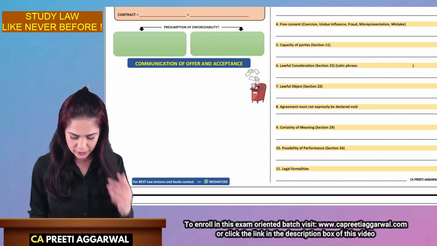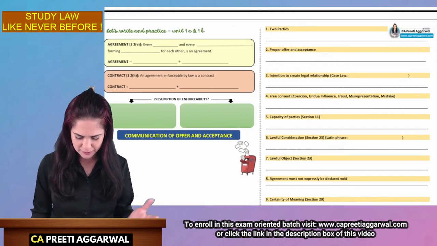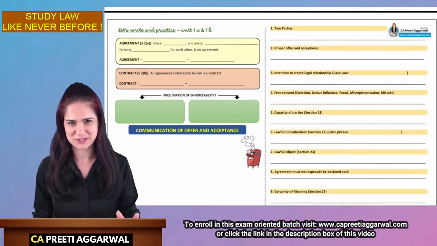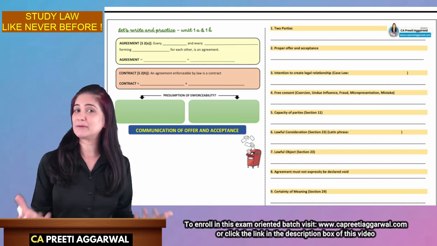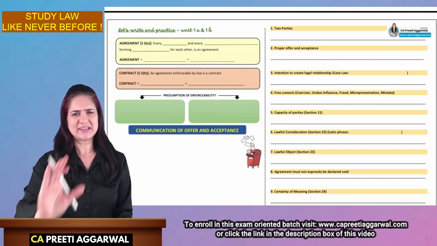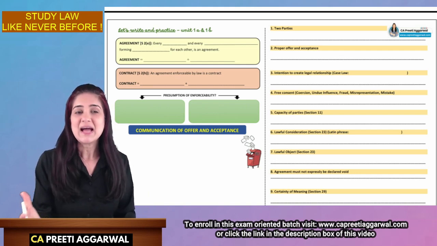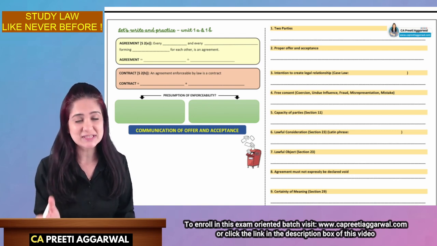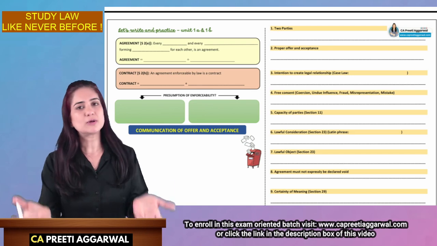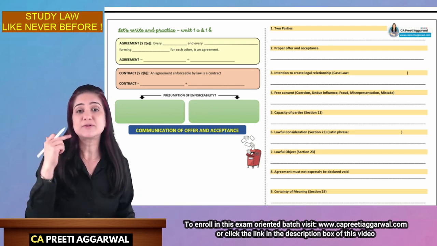All right. Okay. So students, today's session is going to be like a warm-up session. I call it a warm-up session because we are going to study the essential elements of a valid contract. It's going to be a very small video. It's like a warm-up. I'm sure every one of you will be able to answer these questions I'm going to ask you. Although I cannot hear you, you have to answer.